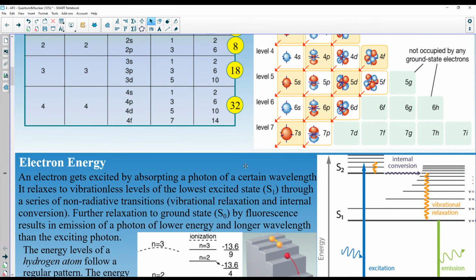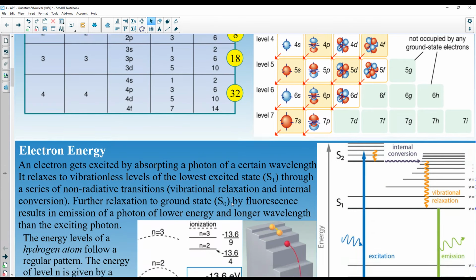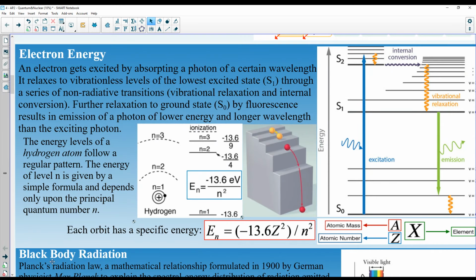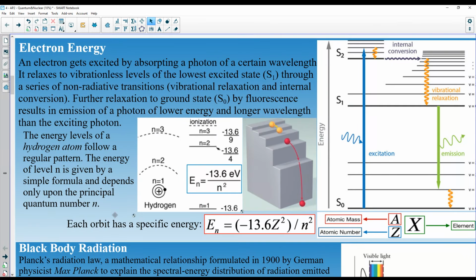And I will also include more videos, which you should watch visually so that you understand better, attached to the description of this video. So, electron energies. Here is an example of electron energies. When they described quantum physics, Planck realized, and we're going to be talking about Planck's constant in a minute, they realized that